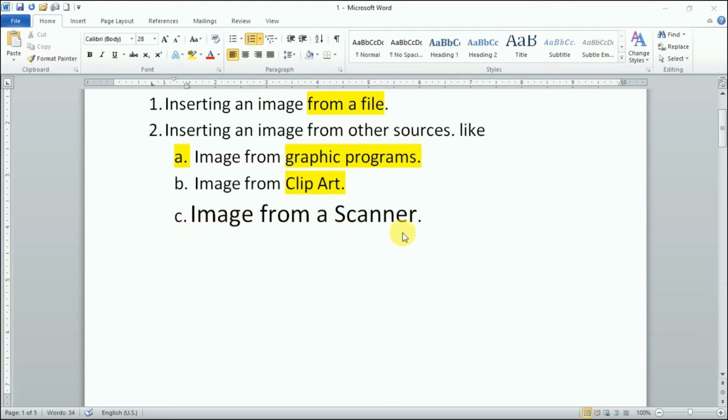So I don't have a scanner connected to my system, but I can guide you how we can get our scanned images inserted in a Word document, right? We used to have the option Organize Clips in 2007 under the clip art, but that option is not available here now. No direct access is given here.